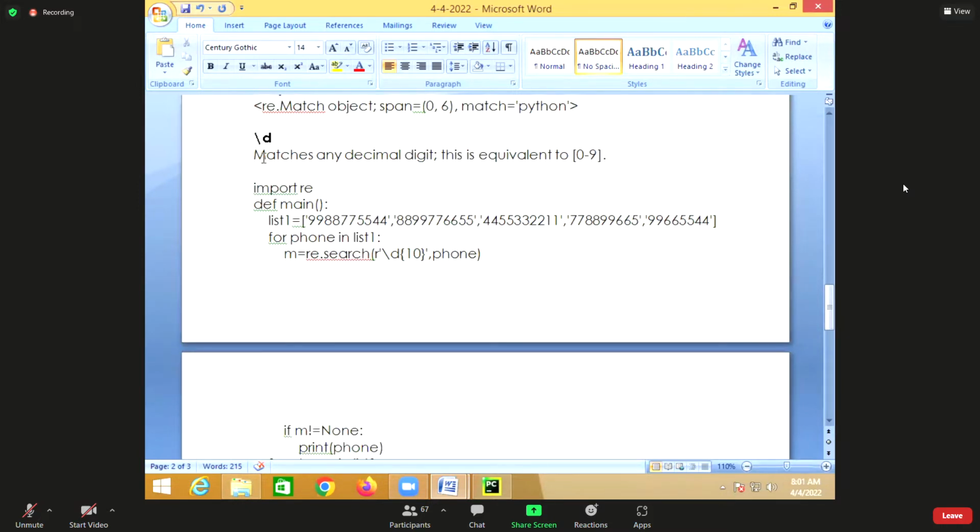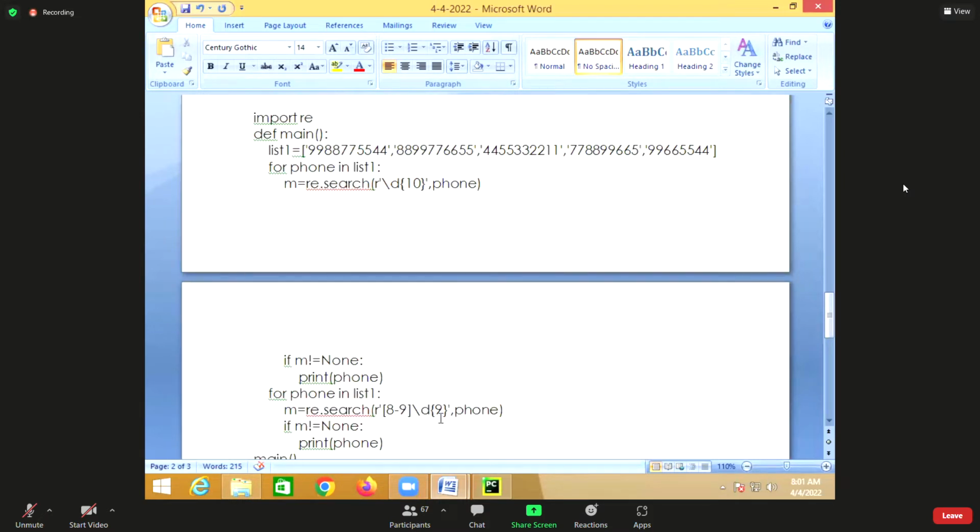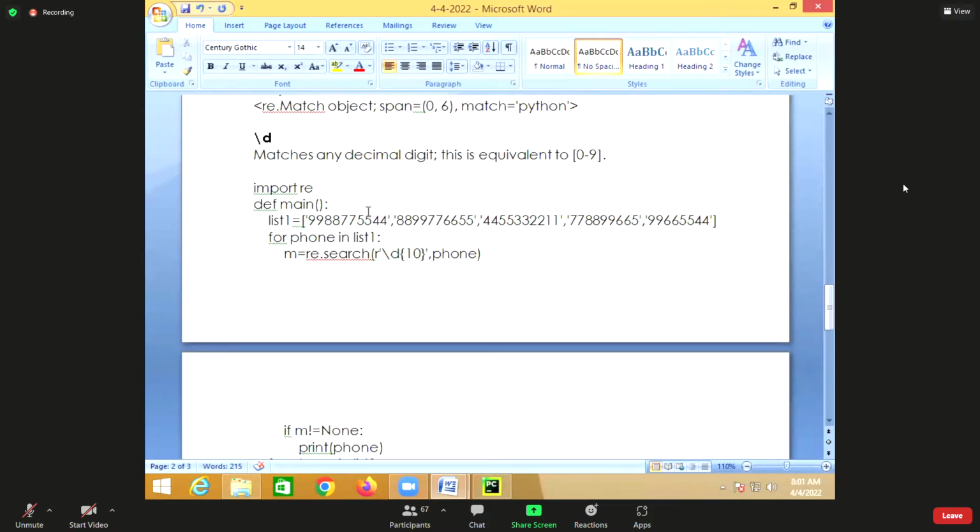Okay, so that is called backslash d. It matches any decimal digit. This is equivalent to 0 to 9. For example, if you see this, I want to find